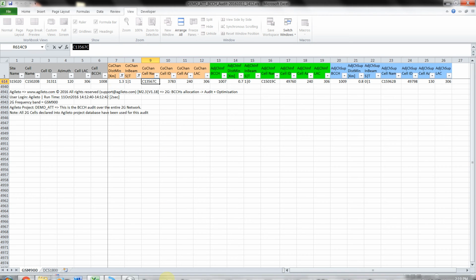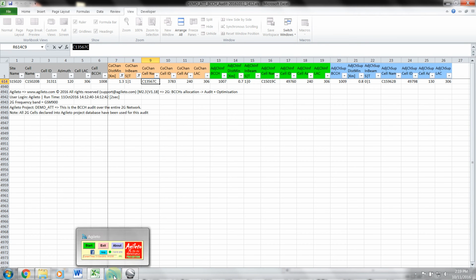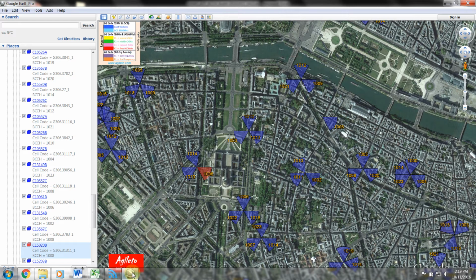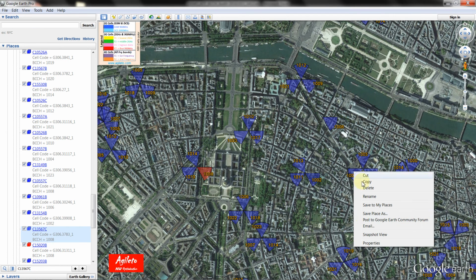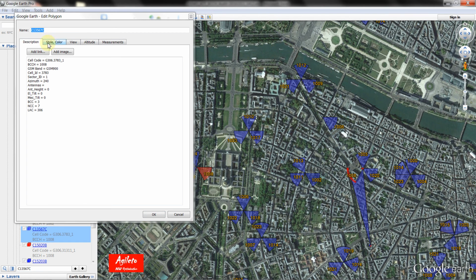So let's return to Google, and if we put here the name of the cell, it is this one. Okay, so it's very easy. We have seen here that we have the same 1008 BCCH. So if we color this cell with a different color as well,